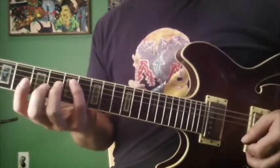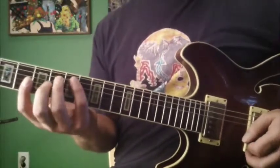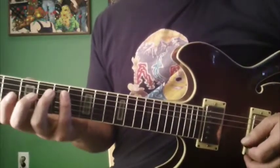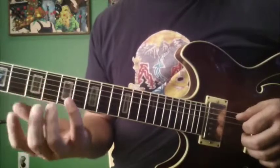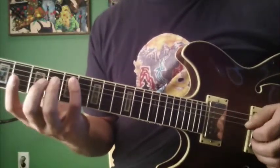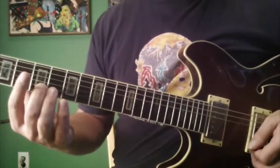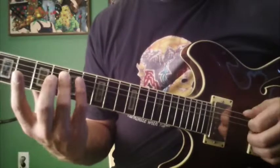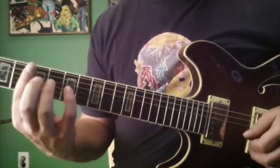Now, to make a major 7th arpeggio, all we're going to do is add in the 7th to that arpeggio that I just played. The 7th is really easy to find. If you know where the root is, the major 7th is just 1 fret below it. So our root notes were here on the 5th string 7th fret and on the 2nd string 5th fret. So if I just add in the major 7th there, that's going to be here and here. So when I add that to the whole arpeggio,